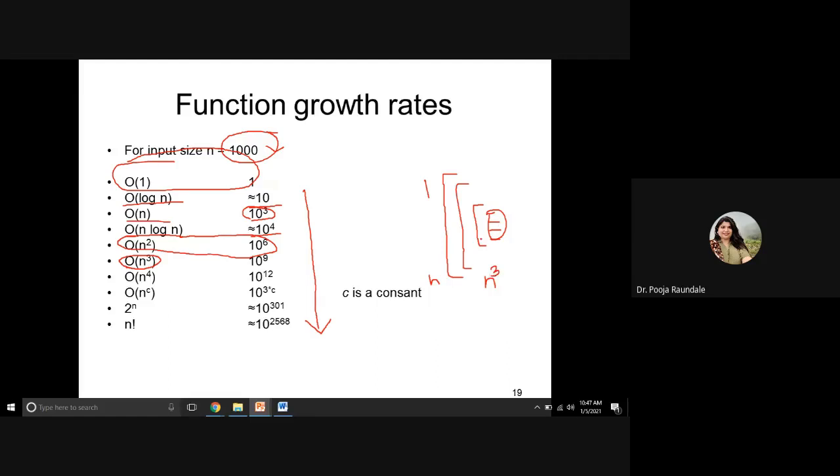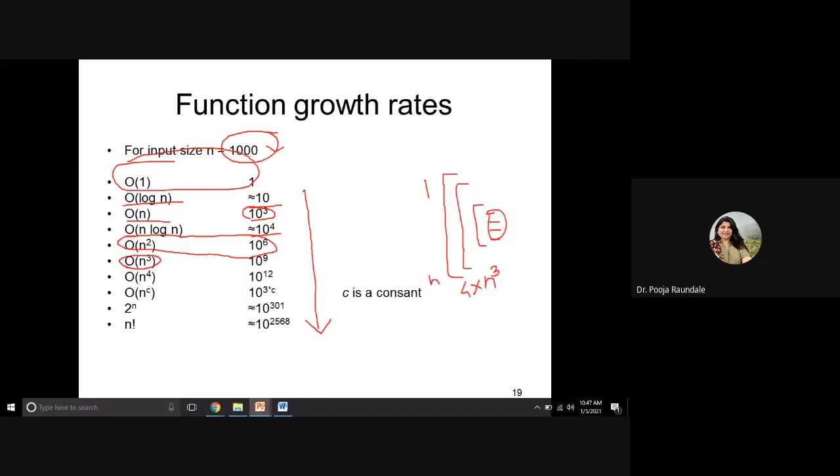So depending on n, whether n is 1000 or 10 or 100, these 4 steps would run n cube times, making your total these 4 steps multiplied by n cube. So this many steps it would be, and definitely it will take a longer time. And we call that particular code's efficiency n cube,